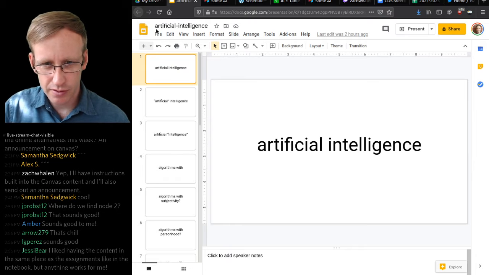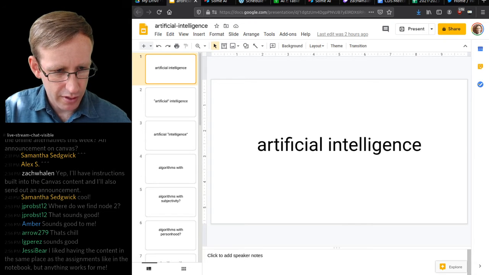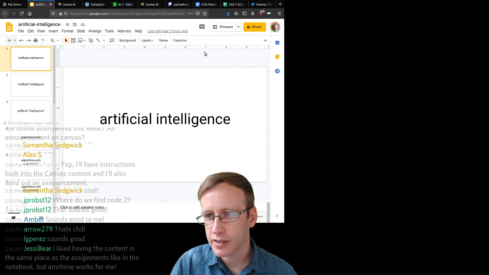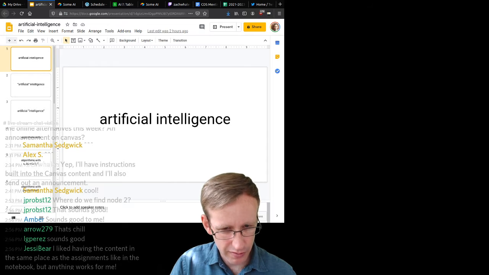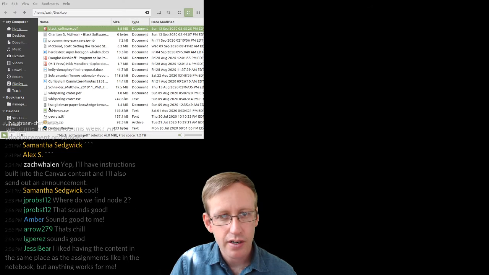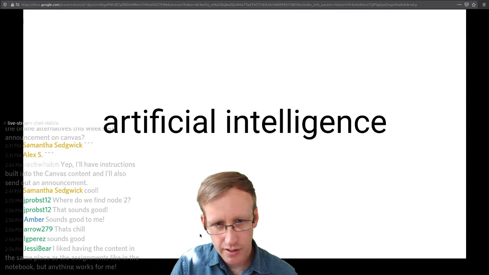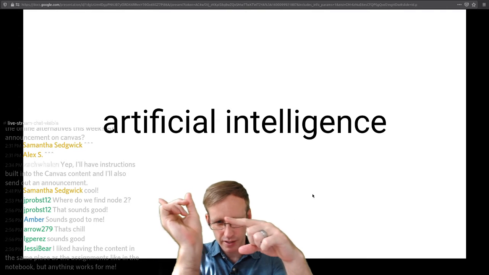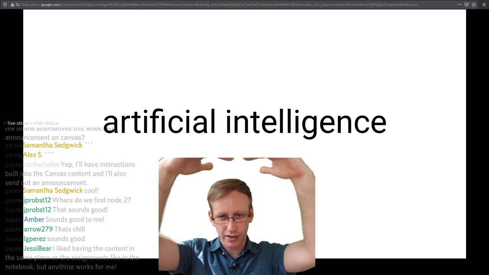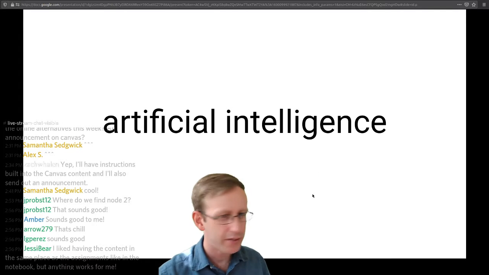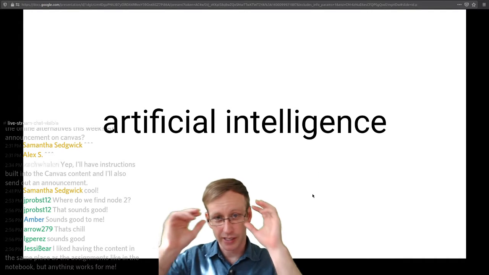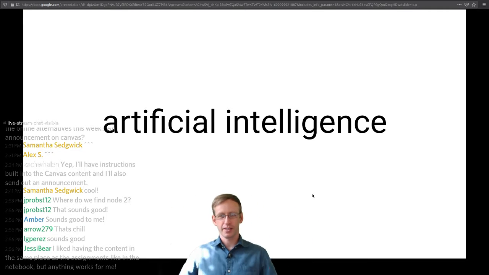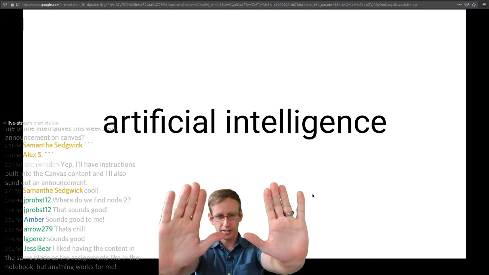So I'm going to try to start this up like this, and then go like this. It's kind of hard for me to preview this on OBS, so I need to make sure that OBS grabs the right window. That looks pretty good. There we go, there I am. Right, so I'm in the middle, your chat is still over there. I really wish I had more area. I'm still in this box. I do have a pretty big, well, anyway, I'll deal with that later. So artificial intelligence, that's what we're talking about. Maybe if I sit back, I can move my arms more. Yeah, look how big they get. Okay, so this is